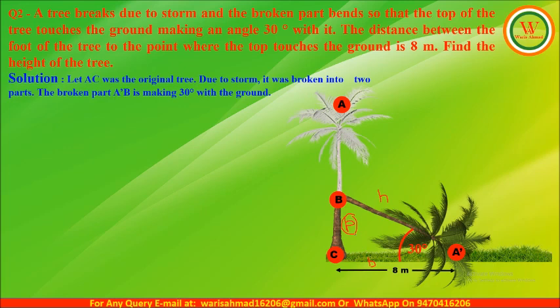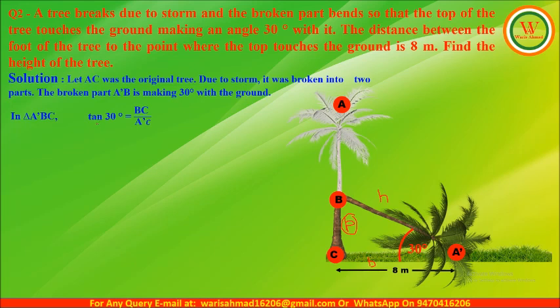upon perpendicular. So here we can take either T ratio, either tan theta or cot theta. In both cases we will get the same answer. So in triangle A dash B C, we have to take tan theta equal to perpendicular upon base. The value of theta is given as 30 degree. So we can write here tan 30 degree will be equal to perpendicular means BC upon base means A dash C. So we have written here.